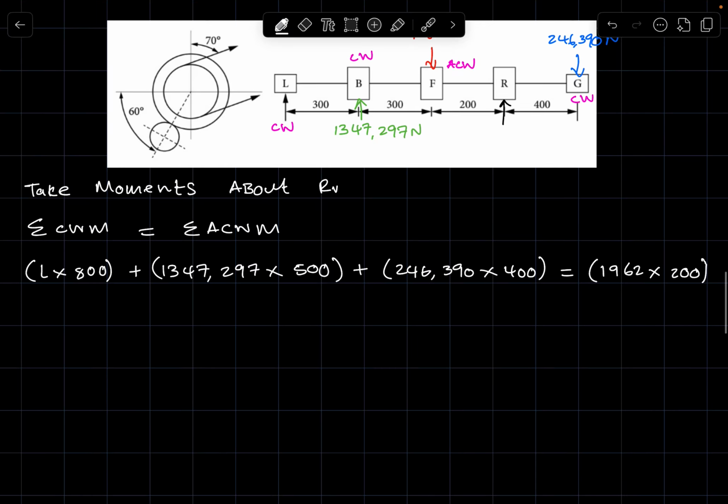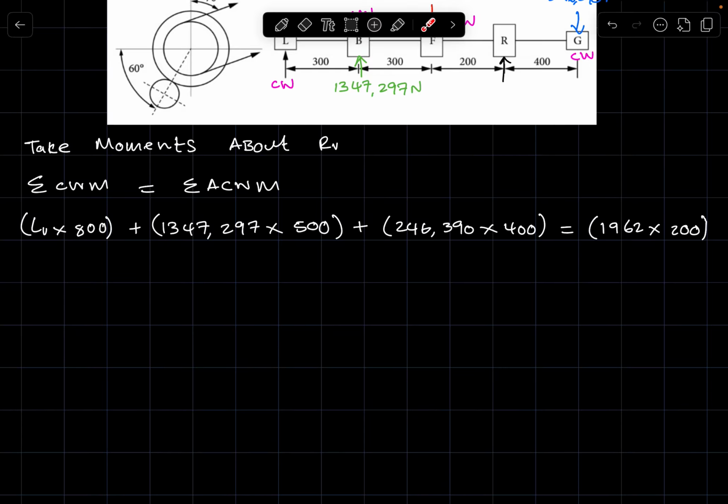you can now calculate. In fact, we can call this LV, the left hand bearing along the vertical plane. The V stands for vertical plane. From here, you can take any approach that works for you mathematically. I'm going to take the most convenient approach, which is to say that the left hand bearing along the vertical plane is equal to, so you'd have to transpose these terms to that side, which means you're going to have